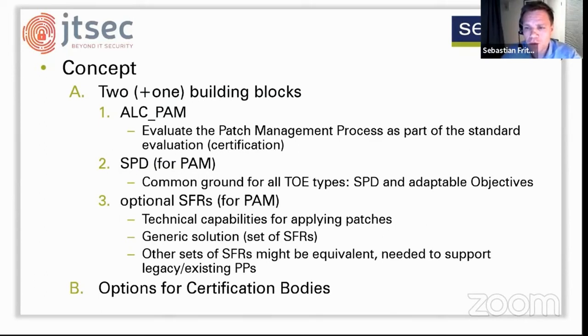We will later look into the details of what the requirements for the developers are, and Javier will explain to you what the required tasks are from the evaluator's perspective. But that's for the assurance part. From the technical perspective, we also need the capability in the TOE, the patch functionality, so that it's possible to patch this TOE in the future to come from one version of the TOE to a next version. The next version is not in scope here, but we need the capability to have this update mechanism already included in the base certification.